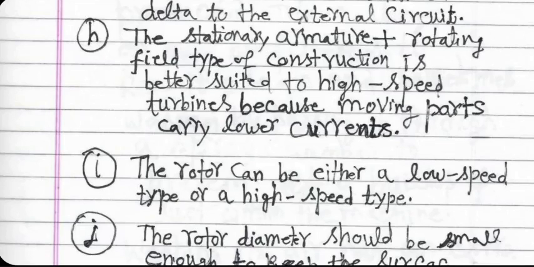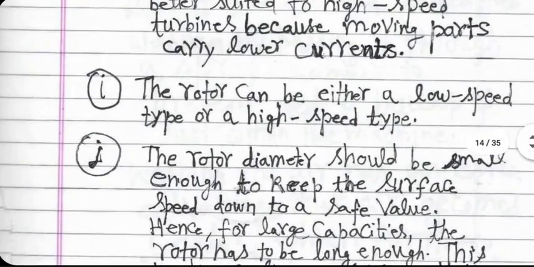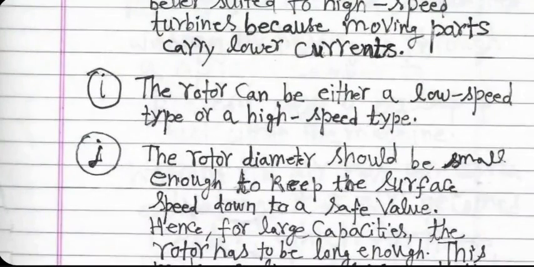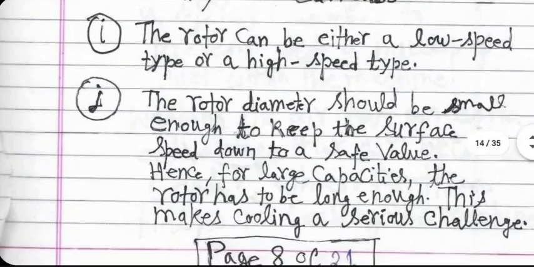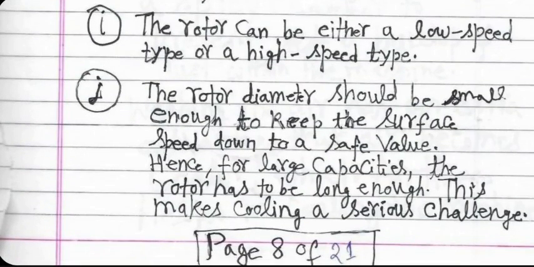The rotor can be low speed. Low speed means 200 RPM also. High speed means something like 600 RPM, 800 RPM, 3000 RPM even. For high speed, you have to have cylindrical rotor where poles are electromagnetically produced. For low speeds, you can have physical poles called salient poles. Now, rotor diameter, there's a lot of design considerations in these things. I'm just giving you a gist of it.